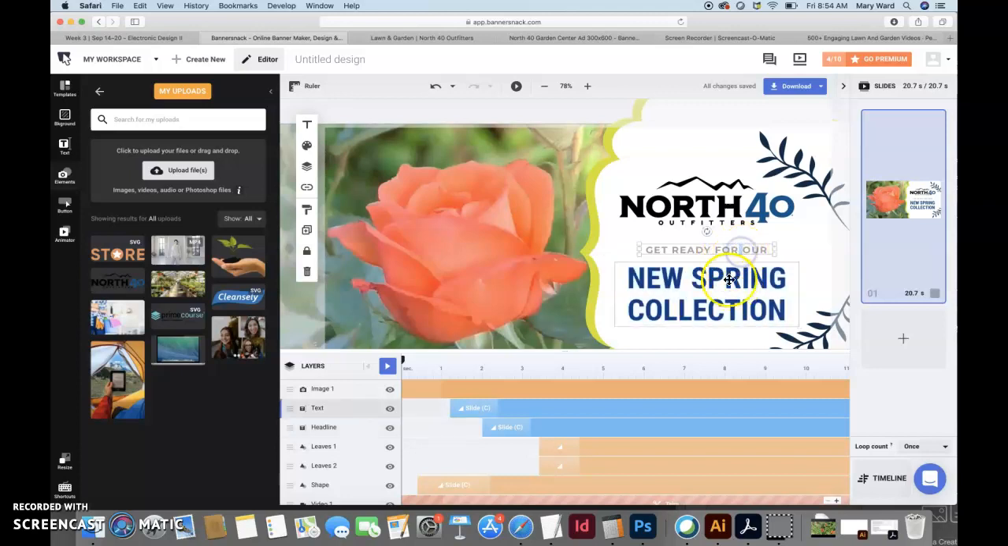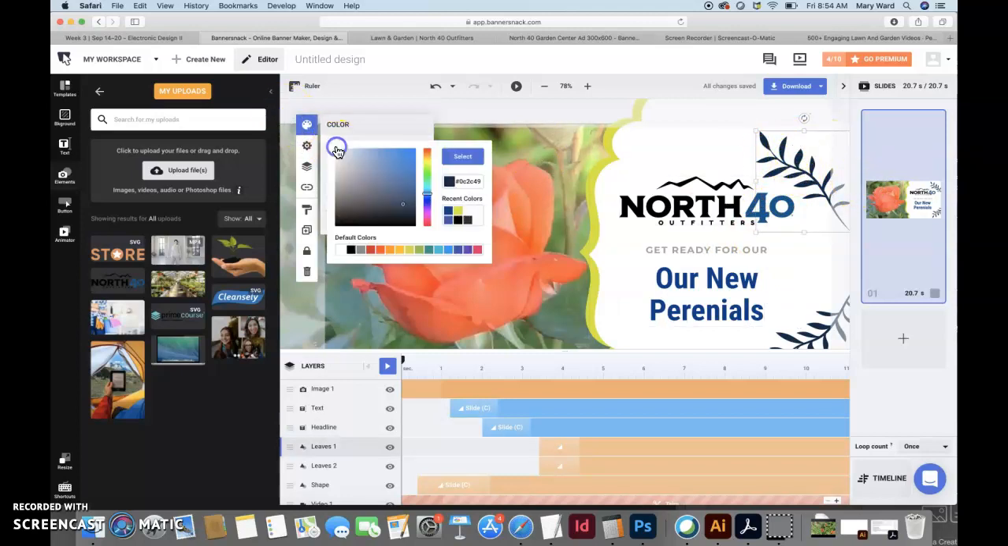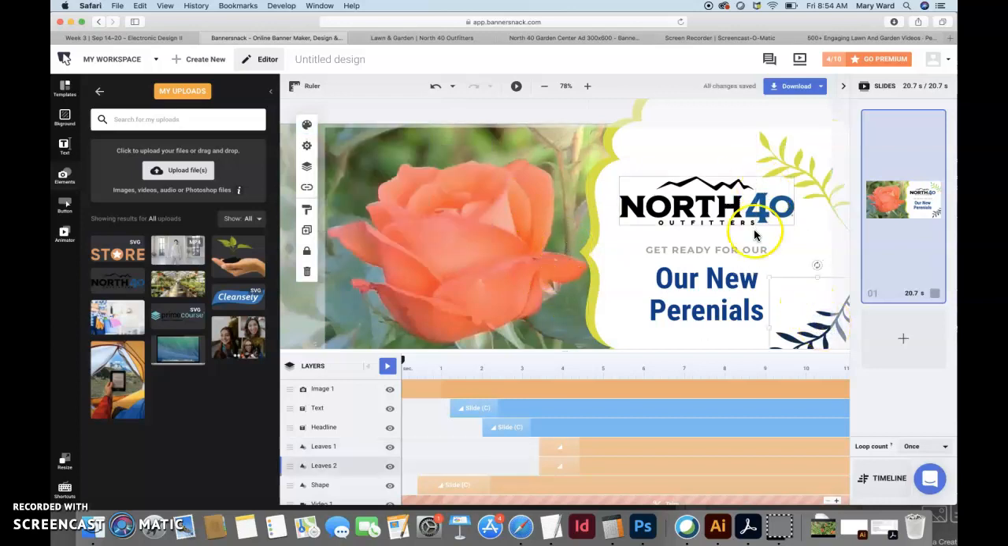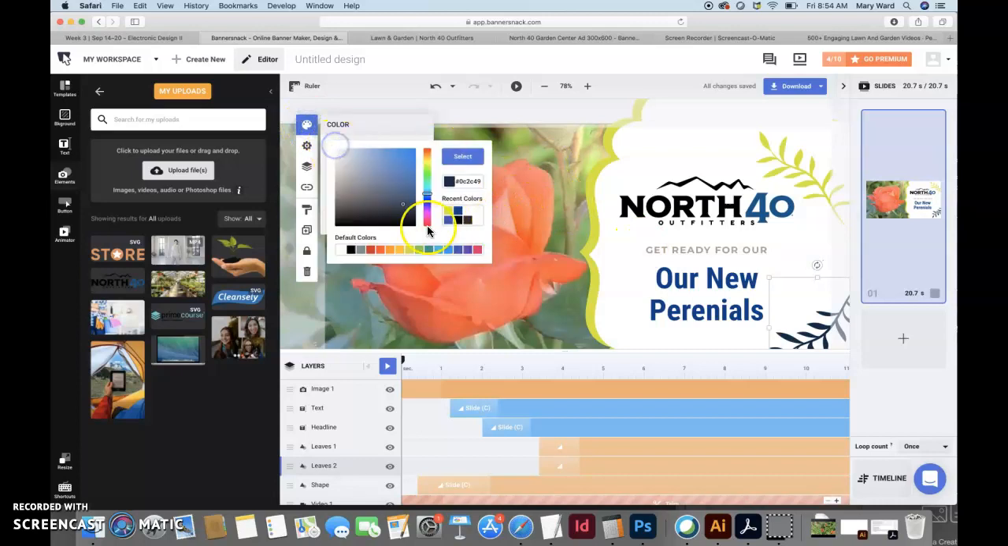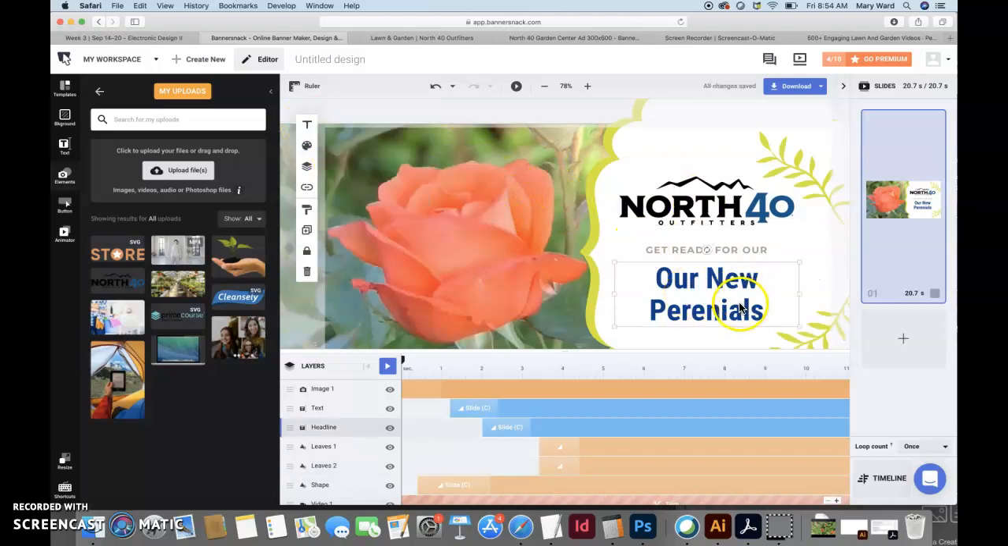I might just keep this get ready for, and then our new perennials, which are, yeah, those are cool. I like perennials. And I don't know if I can change the color of this easily. Okay, looks like I can. Well, maybe we'll just change it to this chartreuse again. And then I don't know, let's see, I kind of want to match my,